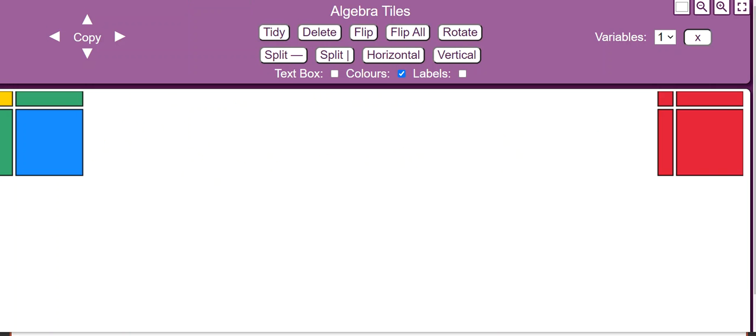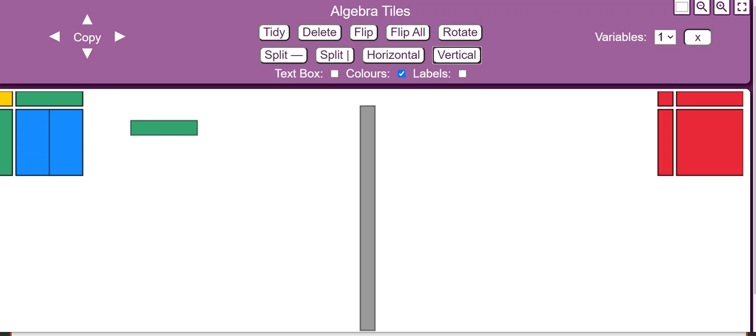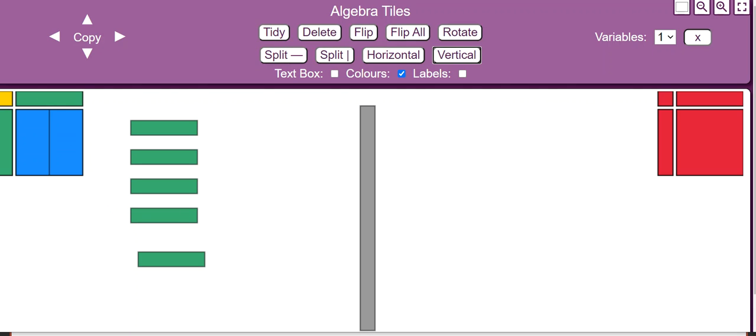Right. Go back to recurrent. So we're going to do 5n subtract 3. So I think we've done this before. In this one, I can actually split it vertically. Here's my equals sign. All right? And I'm going to put in 5n's. Now, what is quite good about this one is up here, I can actually put in an n if that's what I'm going to use. All right? And I can click